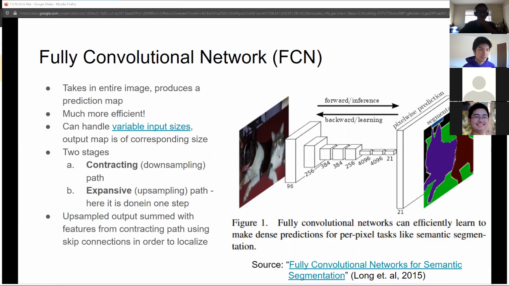I was just wondering how this compares with region proposal networks. Region proposal networks? Yeah. Can you explain what those are? When looking at this paper, I thought it was going to be just a region proposal network here, but I guess not. What region proposal networks do is take in the same inputs as an FCN does, and segment the images based on the type of things inside it. But what's unique about region proposals is that it uses more along the lines of bounding boxes instead of directly outlining the shape itself. So that's the main difference between those two.